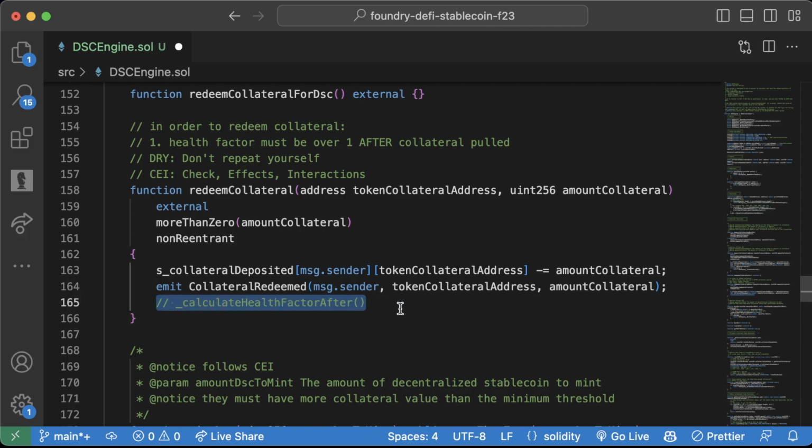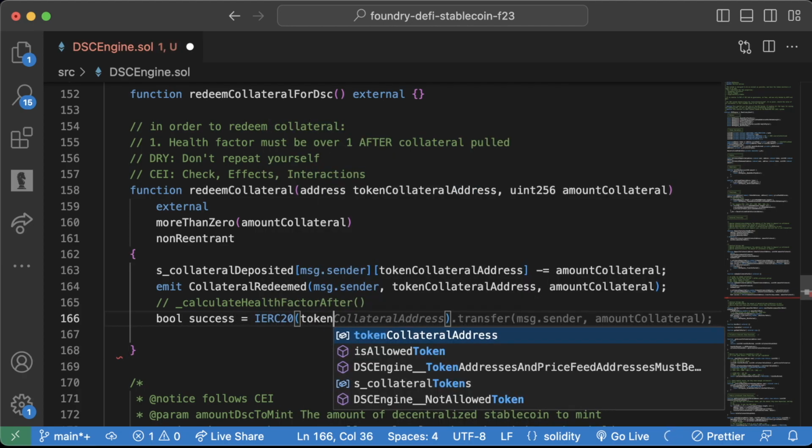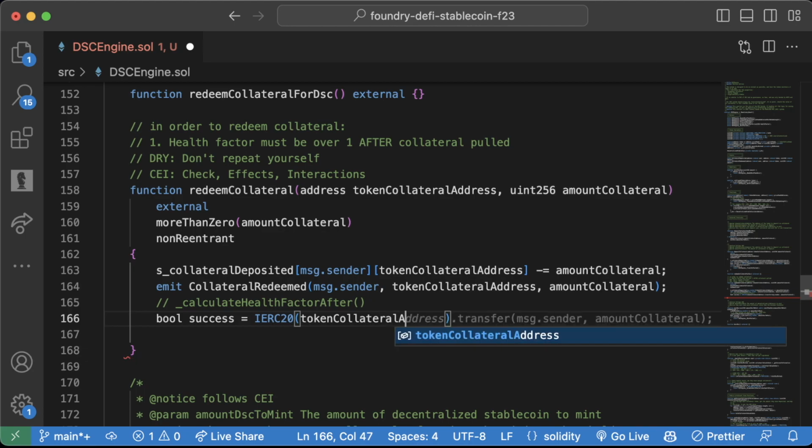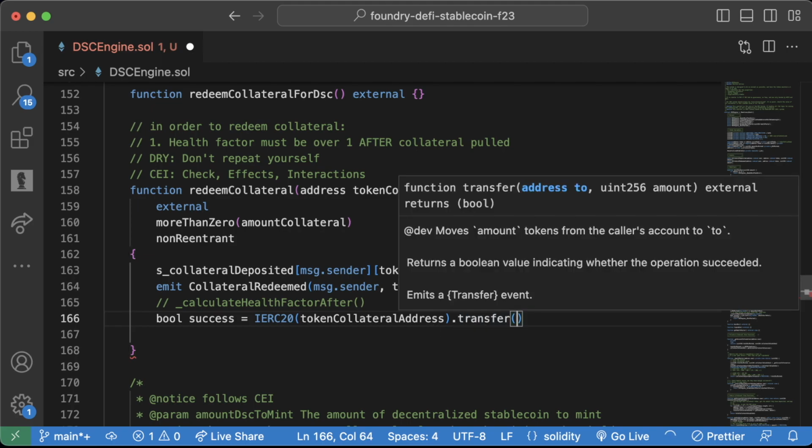So what a lot of people do is they just go ahead with doing the token transfer first and then checking this and reverting if this happens. And that's usually fine though, because we're going to revert the transaction if it's bad, right? So what we'll do is we'll do this token transfer and then we'll make sure the health factor is okay. So you know how to move tokens around. So we'll say bool success equals IERC20 token collateral address dot transfer. We can just do transfer instead of transferFrom, since transfer is when you transfer from yourself. TransferFrom is when you transfer from somebody else. So dot transfer, and we're going to be